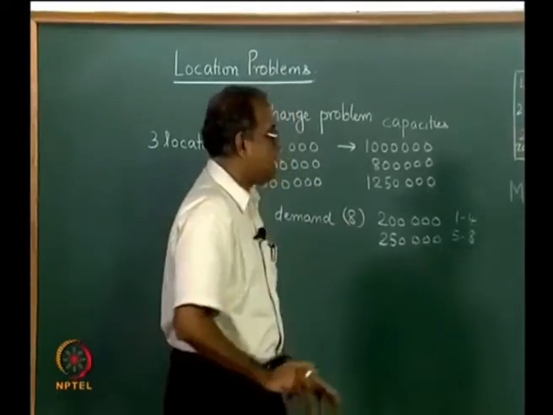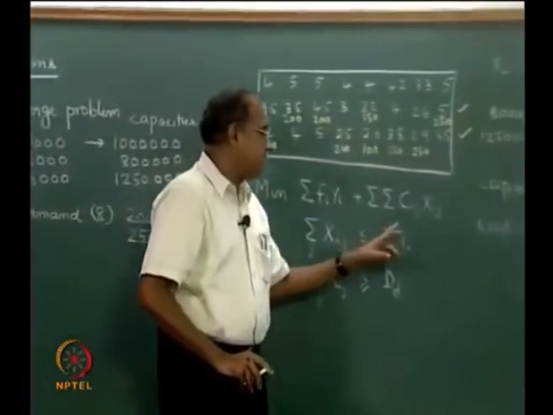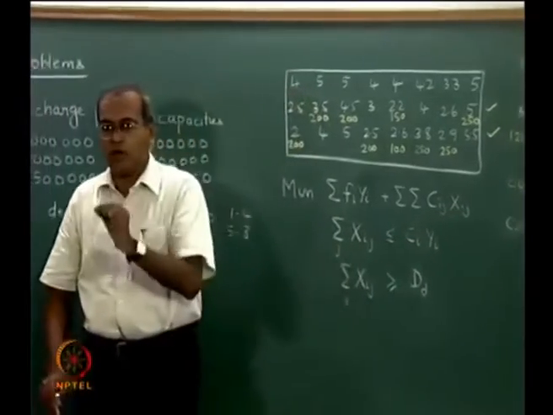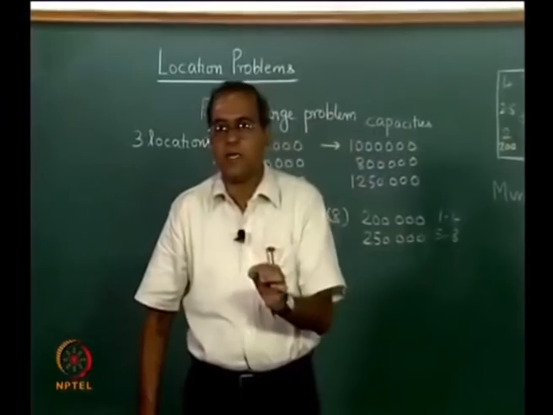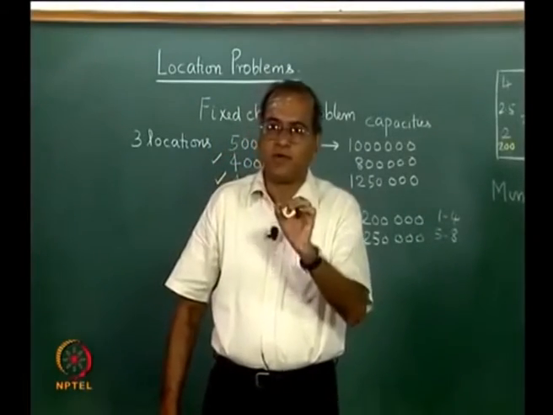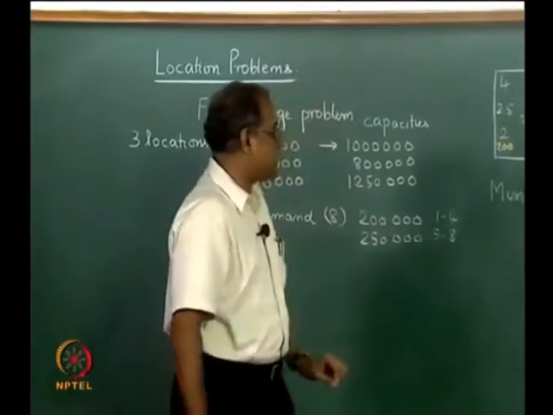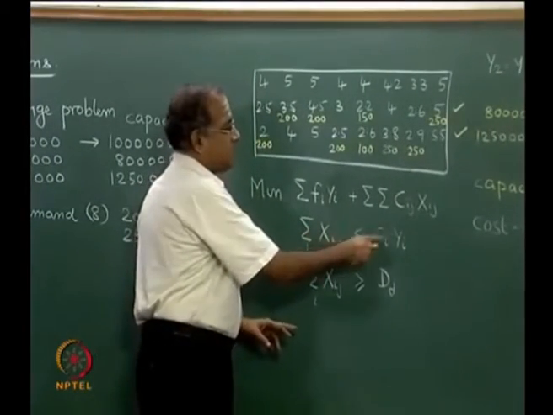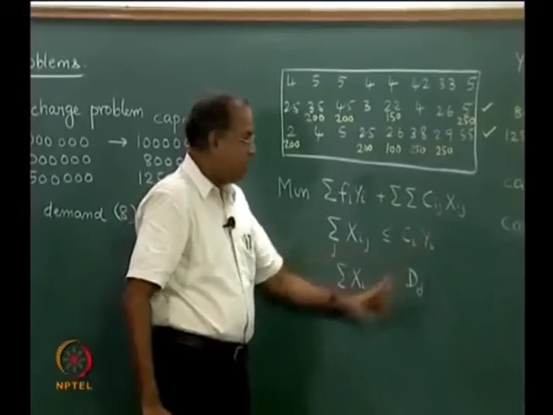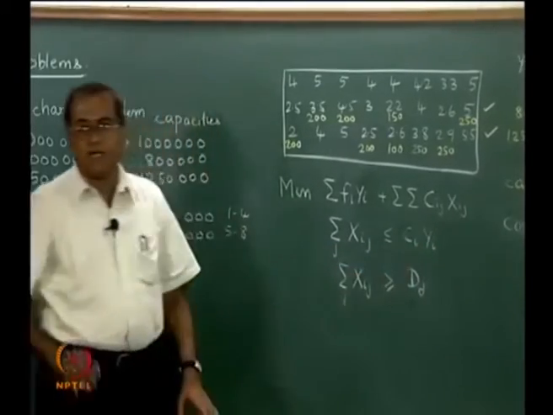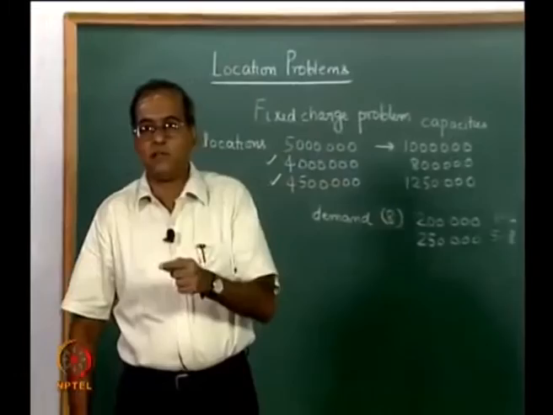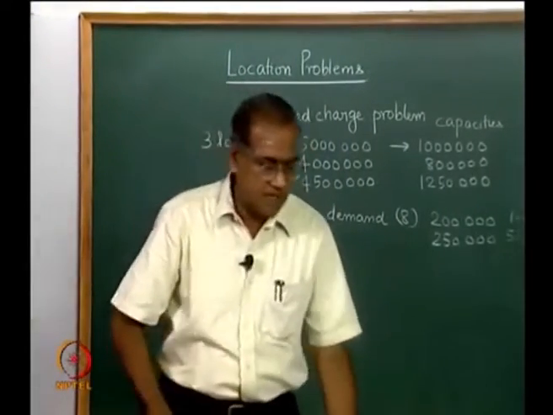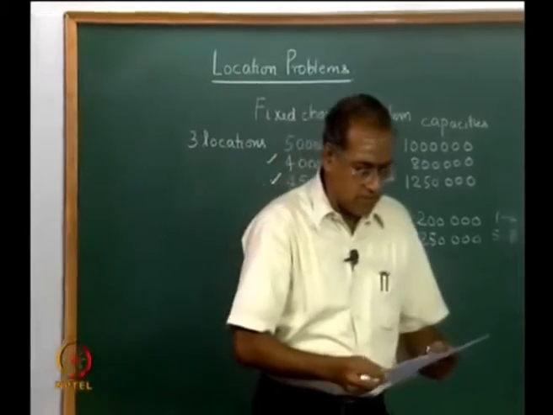So, if we put an additional restriction that the entire demand is to be met only from one supply, we have seen the formulation for that. We have said Cij, Dj, Xij, Xij equal to 1 if facility i meets the requirement of demand point j. And we also said in this case that Dj Xij should be less than or equal to Ci yi and the sum of Xij should be equal to 1. So, it comes only from one facility. We have already seen this formulation in the previous lecture. We will now show only the solution to it.